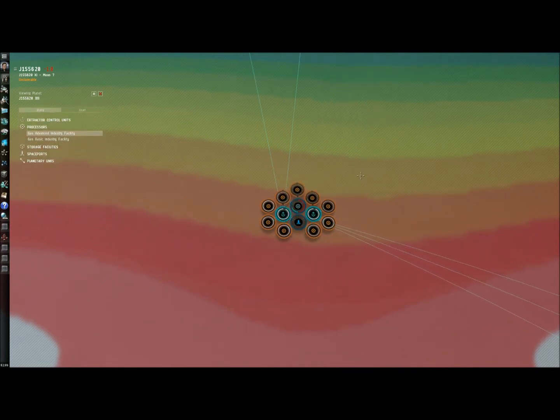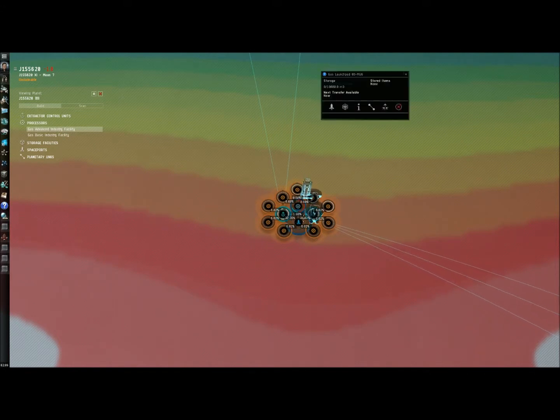And now that that's done, right now what's happening is the extractor is taking things in and putting them to the launch pad, which takes those materials and sends them to your 6 basic factories, creating electrolytes and water. That stuff is already routed back to the spaceport. And now what we're going to do